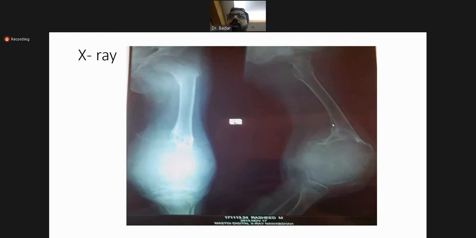See, it clearly extends into the femur, but it is also clearly visible in the soft tissue anteriorly. To confirm it further, we need to do an MRI that will show the complete extent of the bone and tell the status of the popliteal vessels, whether they are encased by the tumor or not, whether the patellofemoral joint is spared, and whether the quadriceps is spared or not. So soft tissue extension and neurovascular structures will be shown in the MRI with gadolinium contrast.